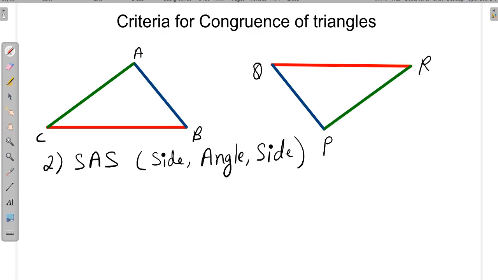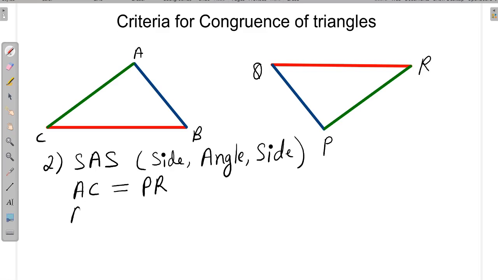Now the second criteria is side angle side. So S stands for side and A stands for angle. So here for the congruency, the three conditions are needed. Two conditions are for the side and one condition is for the angle. So suppose that in this triangle, the side AC is equal to the corresponding side, that is PR,